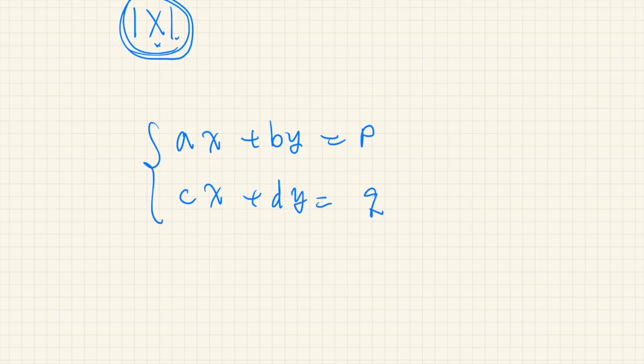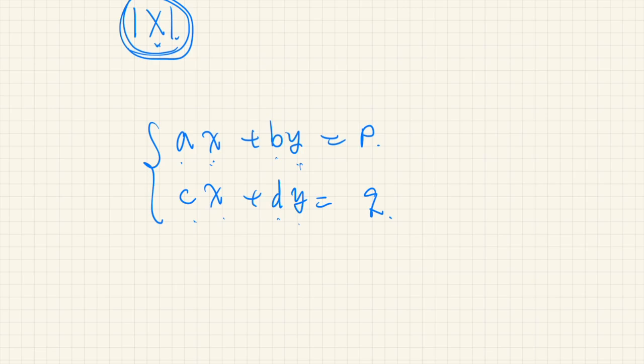So this is a set of simultaneous linear equations of x and y. Here a, b, c, d, and p and q are given real numbers, and x and y are variables to be determined. So how do we solve this equation? Of course, you should know how to solve these equations, but here we show